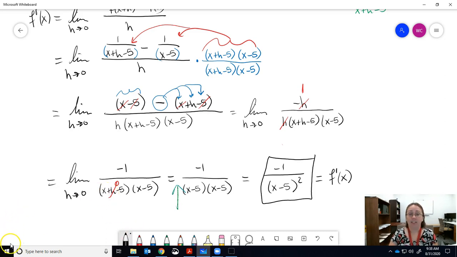All right. These take a lot of practice because there's a lot of different algebra tricks that you might find. So it's very important that you do your homework and make sure you understand it. Each one is probably going to have a different little algebra trick. Like this one, we had to use the LCD to get rid of fractions inside of fractions. All right, let me bring up